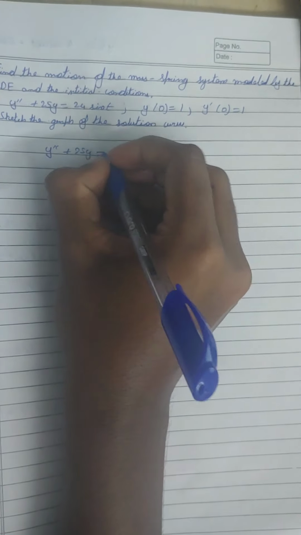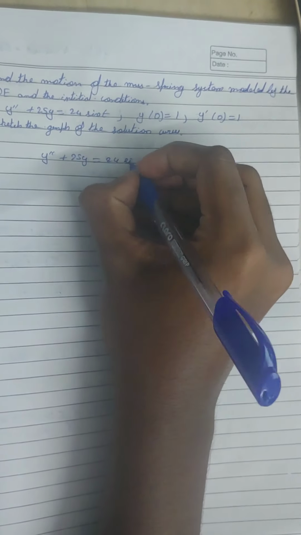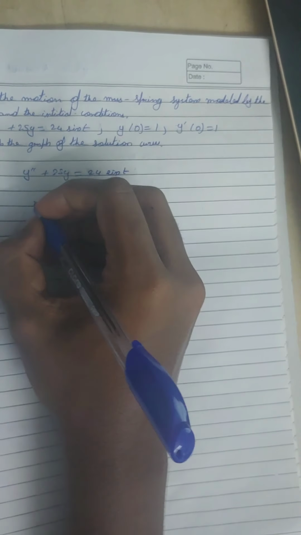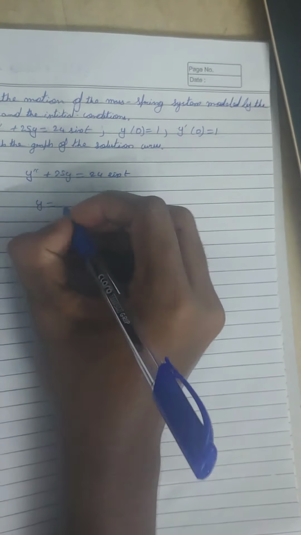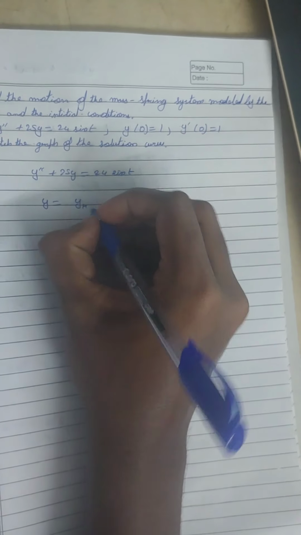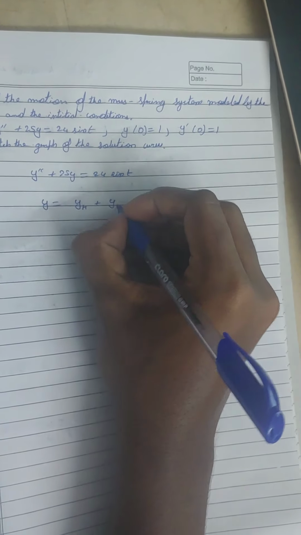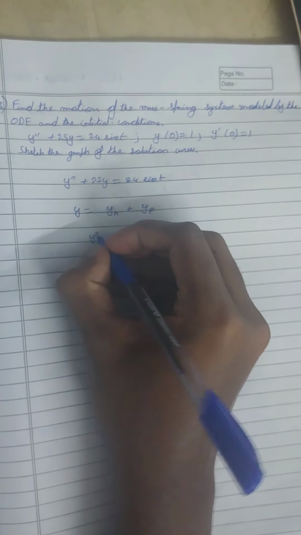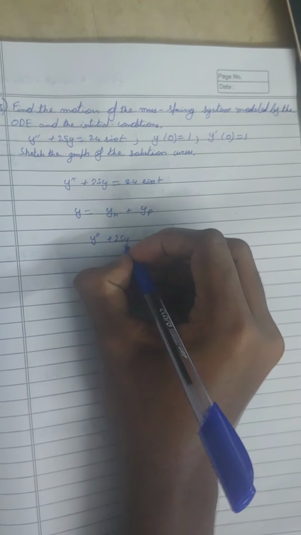So the differential equation here is y double dash plus 25y is equal to 24 sin t. So it's a non-homogeneous differential equation. So it can be divided as y is equal to y homogeneous part plus y p part. Now the homogeneous part is y double dash plus 25y is equal to 0,